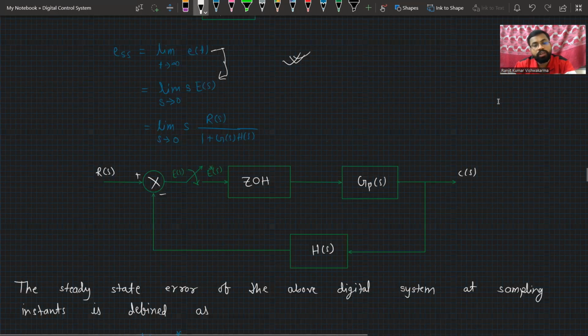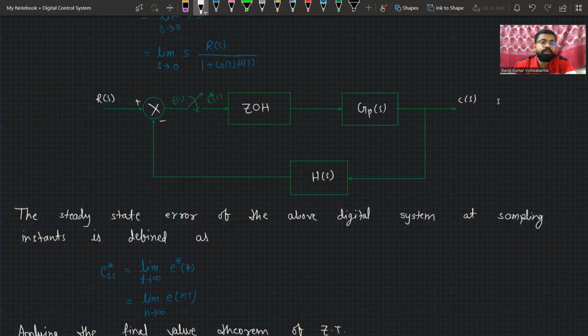Now for a digital control system, just apply one sampler. After applying the sampler, we will see what the pulse transfer function is, and after the pulse transfer function, we will see what changes in the steady state error. So the steady state error of the above digital control system, at any sampling instant,